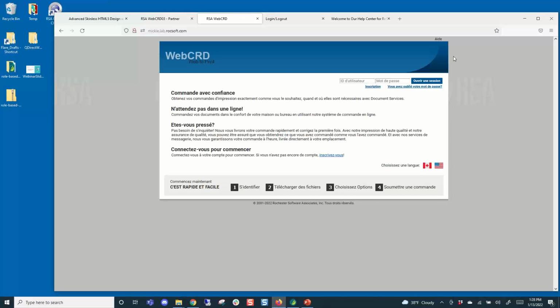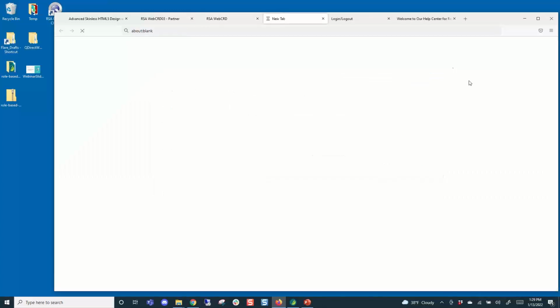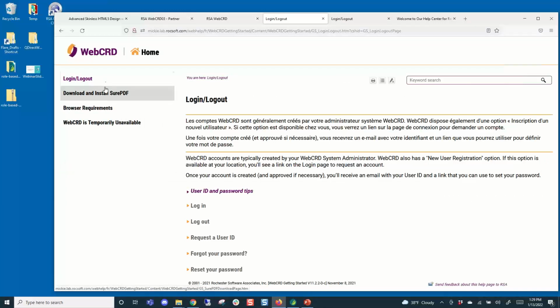But I'm going to give you a little caveat here. I'm going to be honest and tell you the truth here. RSA does not actually translate any help. So for this demo, I kind of dummied up a little help file, the login help file, with some French text. And because I know the naming convention and where the files should be on the server, and also because this is my development server, I was able to put the dummy French help file into the correct directory for the application to find. So if I click aide right here, I'm going to see this same help file,